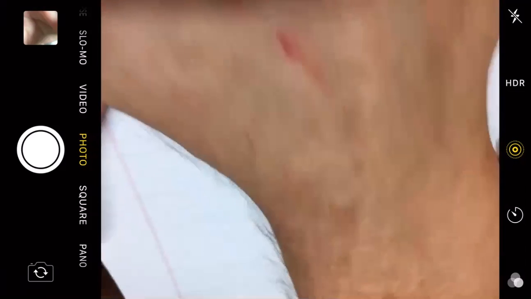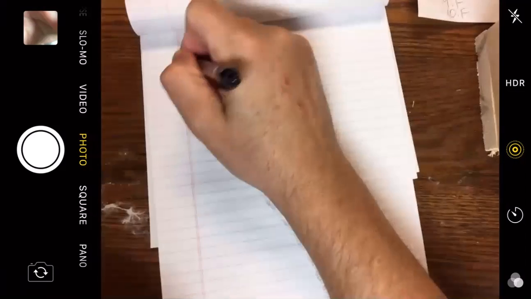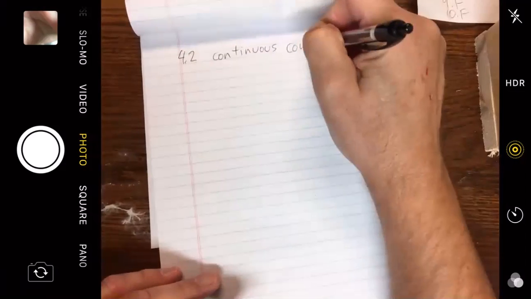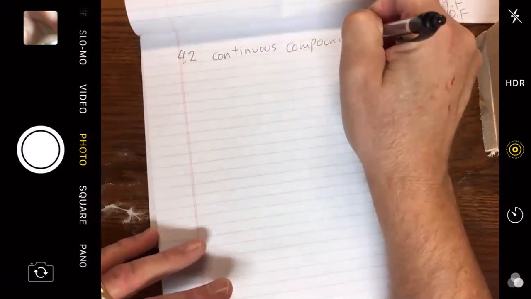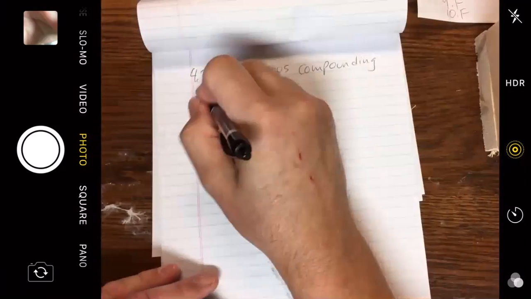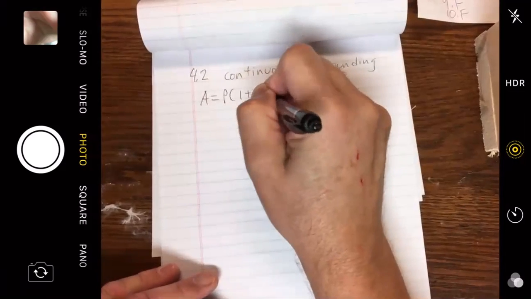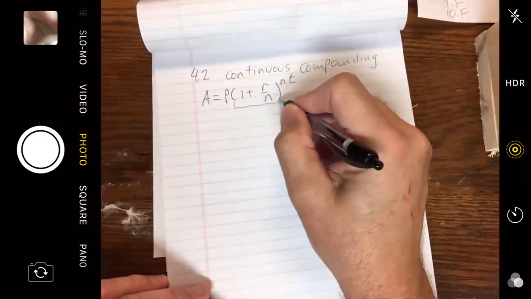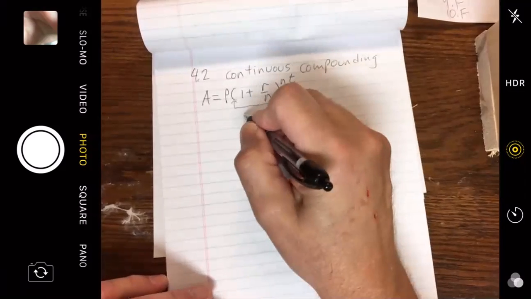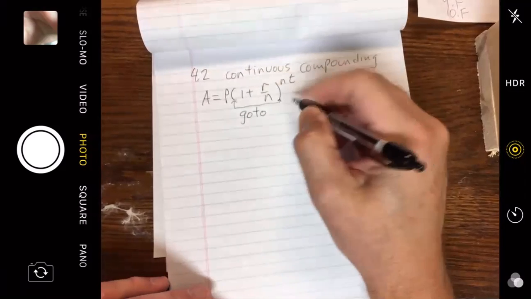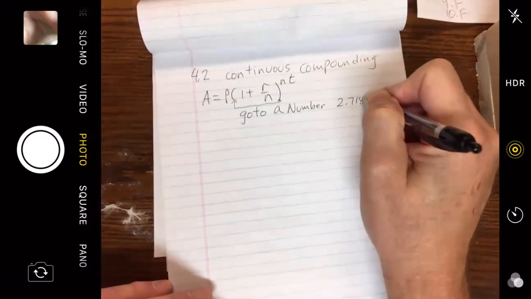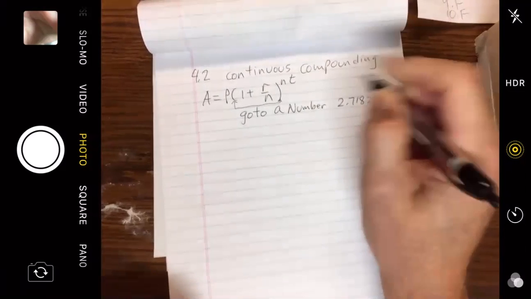Let me just show you what's going on. In 4-2, they use what is called continuous compounding. If you start with A equals P times 1 plus R over N, raised to the NT, it turns out this base will go to a number, 2.71828, I believe, that they call